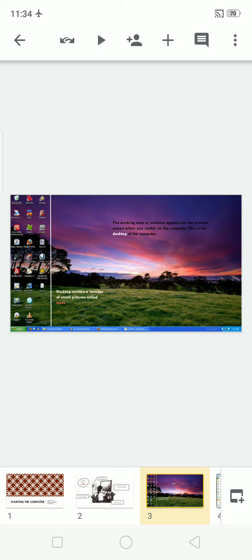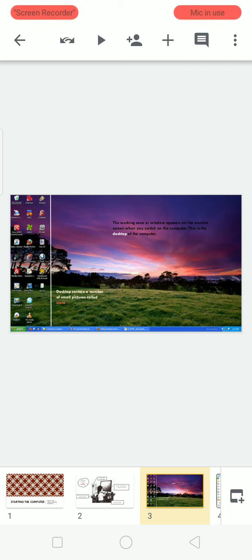The first screen that appears is called the desktop. On the desktop, small pictures are there. Those are called icons. Now, we learned switching on the computer. After that, we can do our work, on whichever program we want to work on.